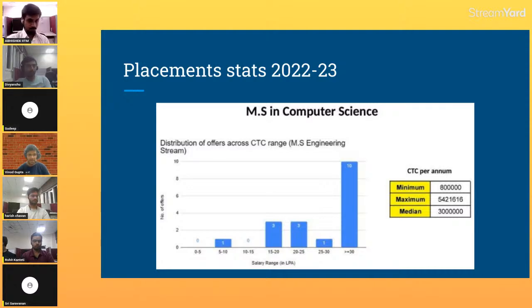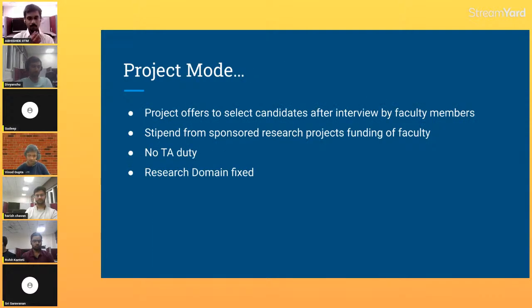Thank you, Abhishek. Moving forward now, as you might have seen earlier also, there are multiple ways to get into the MS or PhD program here. One of the ways is MS through project mode. So there are MS HTRA and MS project. So basically, what is MS project mode? I would like Rohit and Nikhil to put light on that. Yeah, over to you, Rohit.